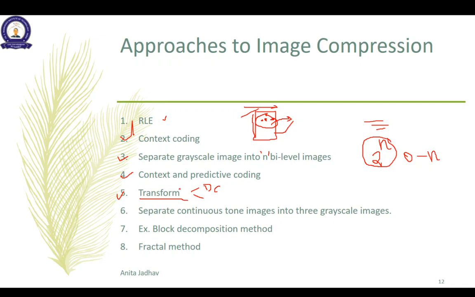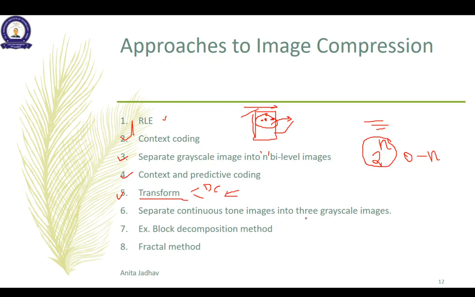Now most of the things we have discussed apply to black and white, grayscale or bi-level images, whereas these approaches are more common in color images. Of course, when you convert your color images into YCbCr or grayscale, these approaches work fine, because I think all compressions will involve one transform or another. Now what is the next approach?